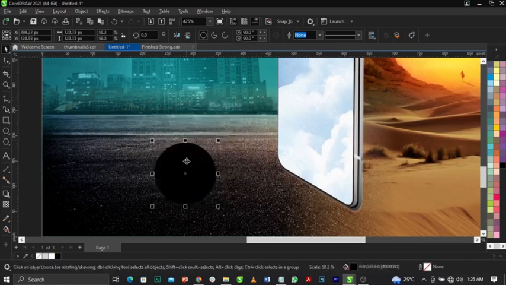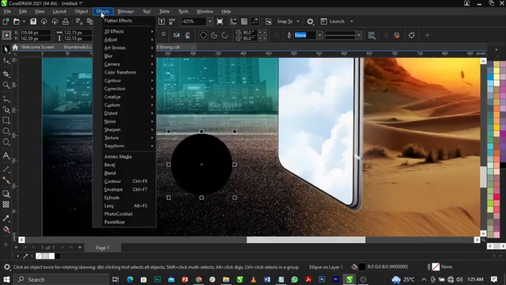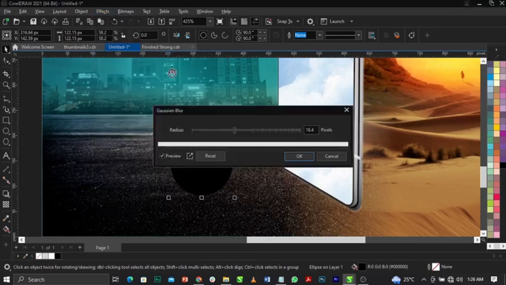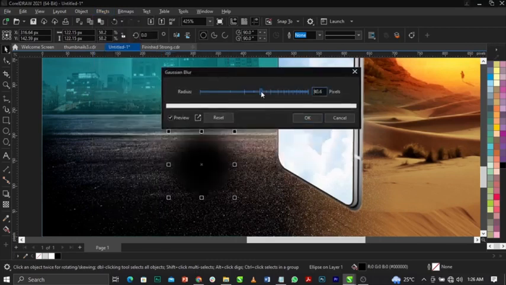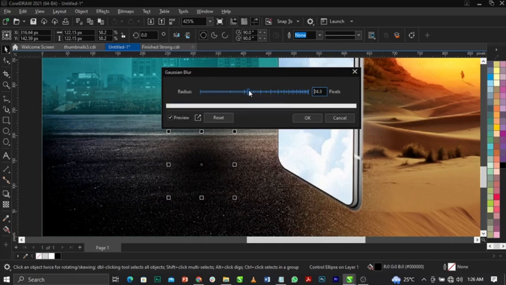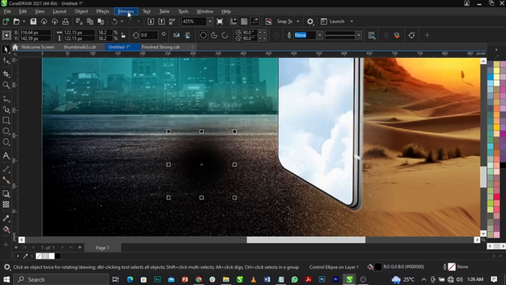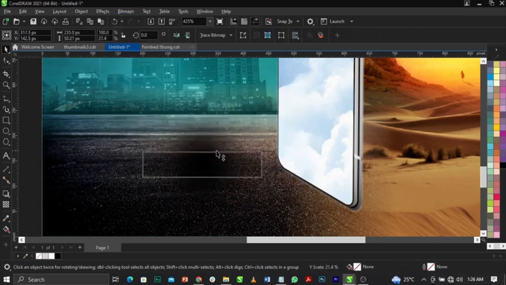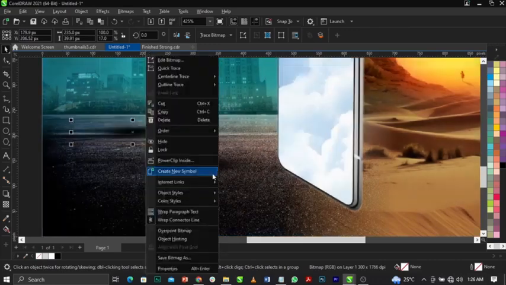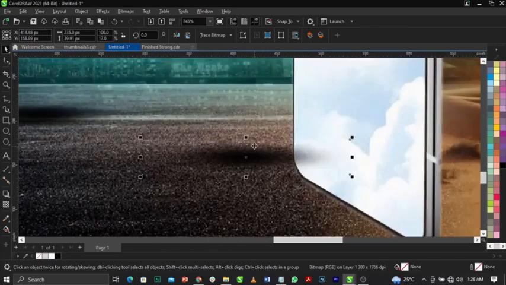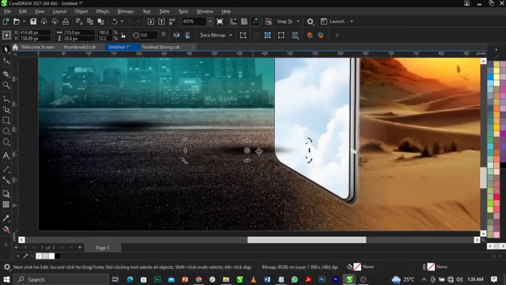So next thing I'm going to do is reduce this a bit. Now go to effects, select blur, select Gaussian blur. All right, once you do that, this is what you're going to have. So 27.2 pixels, then click on OK. Now convert it to bitmap on your mini bar, and I'm going to just drag this way. Let's drop one here first of all. Once you do that, and I'm going to just,